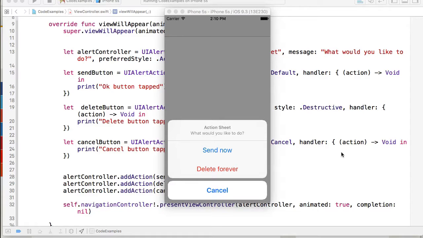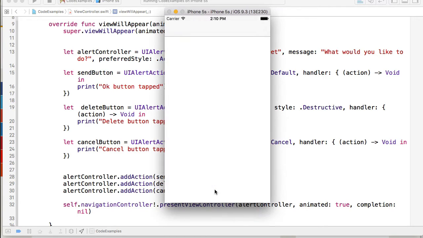In this video, I'm going to share with you how to create an action sheet which slides up from the bottom and has three buttons: Send Now button, Delete button, and Cancel button. When user taps on each of these buttons, we will handle that action, and Cancel button works, it simply dismisses